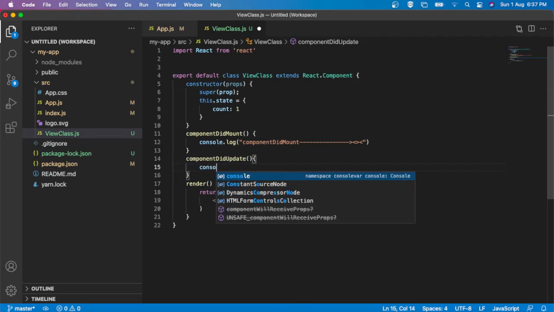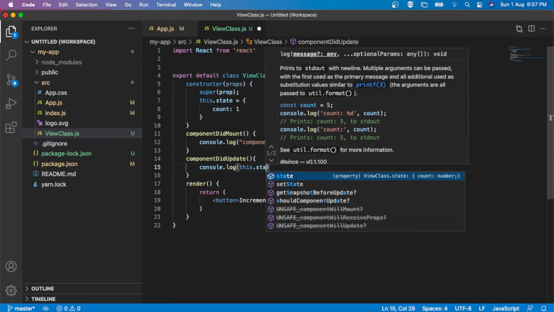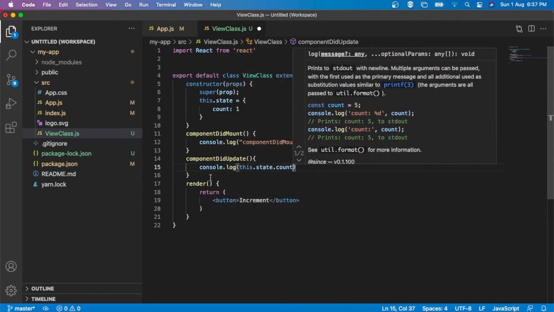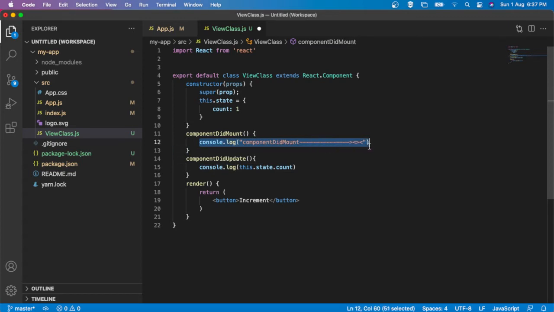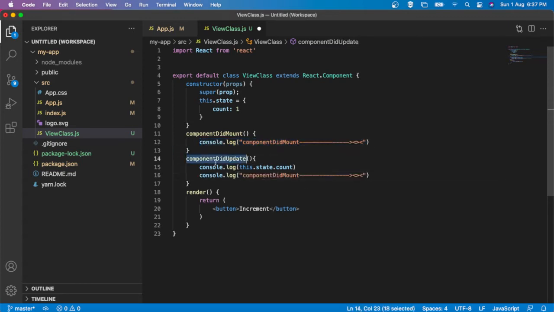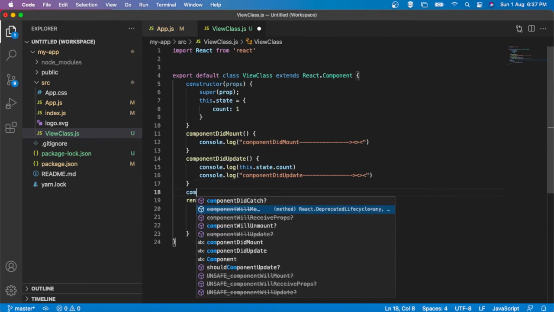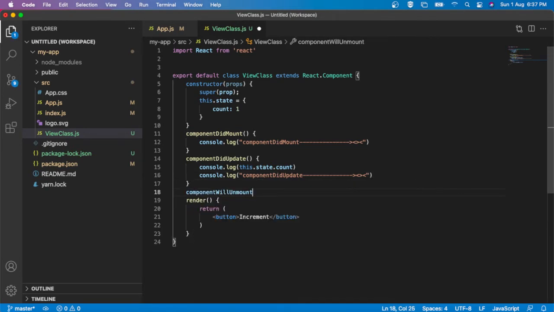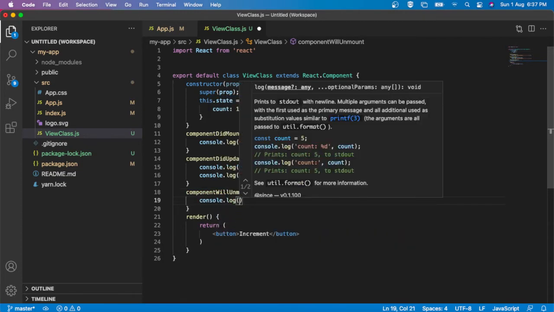Here I add console.log componentDidMount. Another lifecycle method is componentDidUpdate, where I use console.log this.state.count and also print the lifecycle name. Another important one is componentWillUnmount. These are the three major lifecycle methods we use in day-to-day projects.